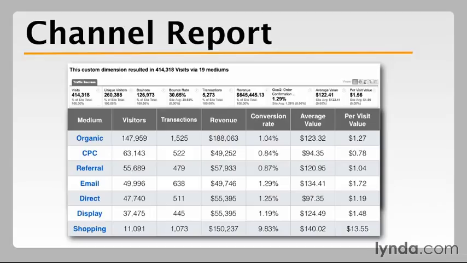Understanding which channel produces the most amount of visitors, the most amount of revenue, or actions that lead to revenue is critical in prioritizing the channels that are the most effective first, and then looking at your second tier of channels that aren't as effective but could be grown into effective channels. But it's vitally important to know the success of the channels in their current state and what they provide your company in terms of visitors and value.